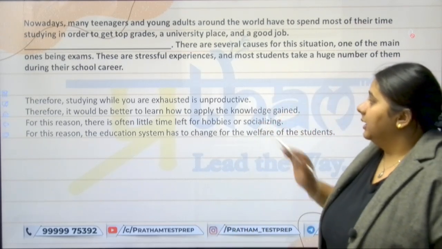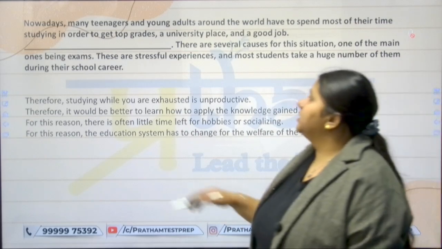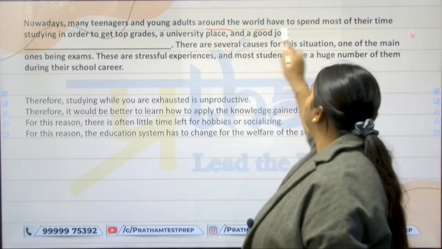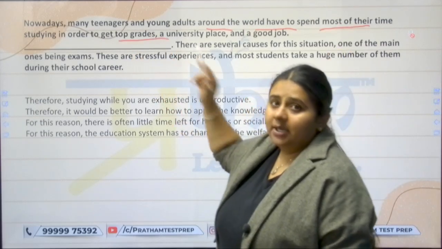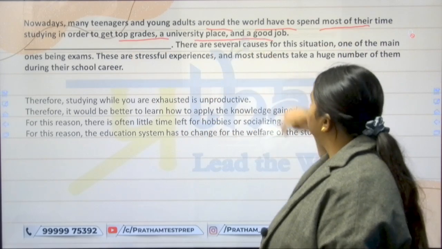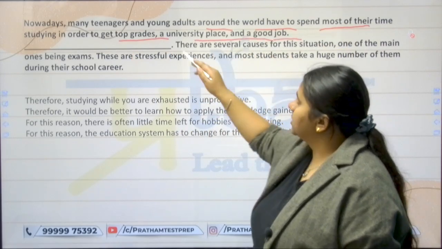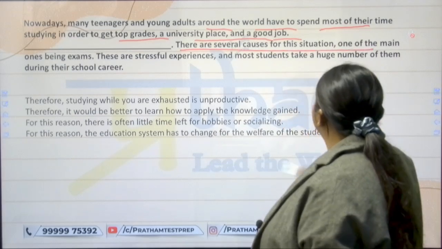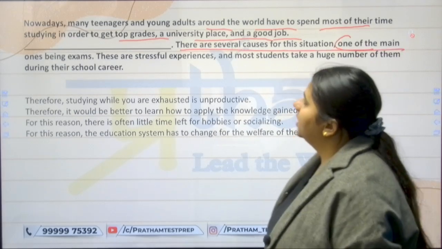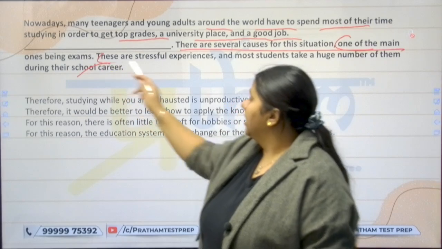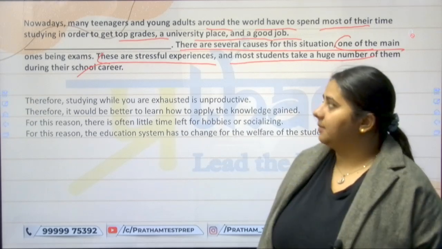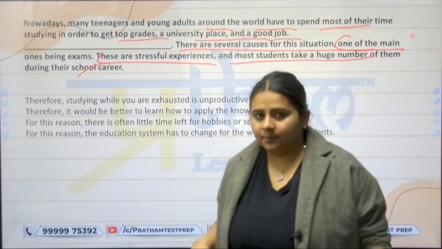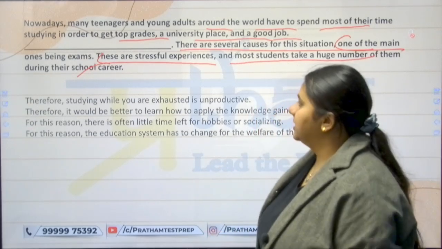Now, it says nowadays many teenagers and young adults around the world have to spend most of their time studying in order to get top grades, a university place, and a good job. Dash. There are several causes for this situation. One of the main ones being exams. These are the stressful experiences, and most students take a huge number of them during their school career. Now, four options out of these are